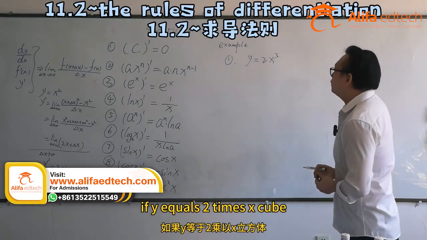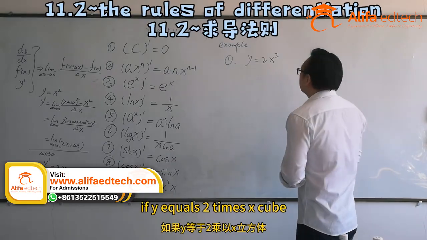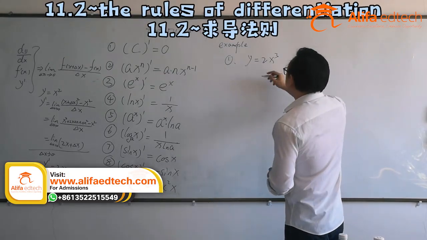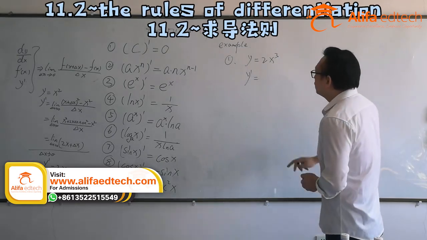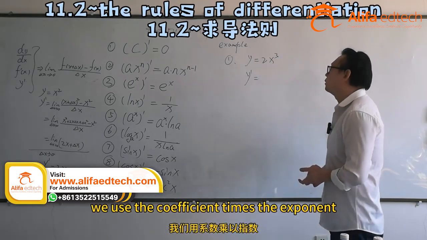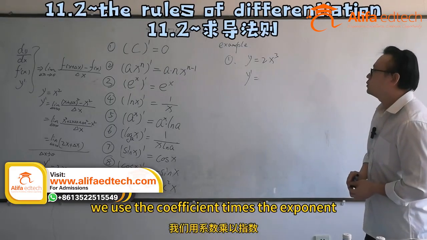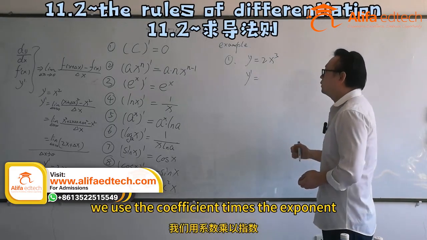If y equals 2 times x cubed, so y prime equals, we use the coefficient times the exponent,